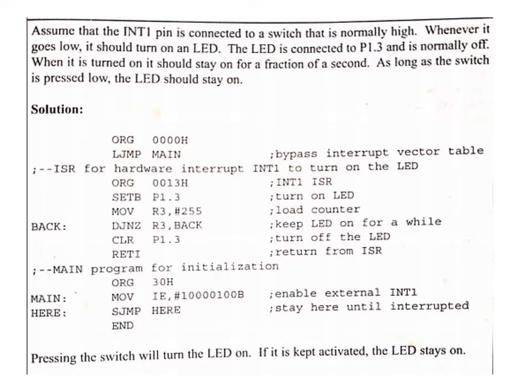Now, it is not mentioned whether the number is in decimal or hexadecimal. Of course, it cannot be in binary. So with #255, if you don't mention whether it is decimal or hexadecimal, then by default that number is treated as a decimal number, and it will be converted to hexadecimal.